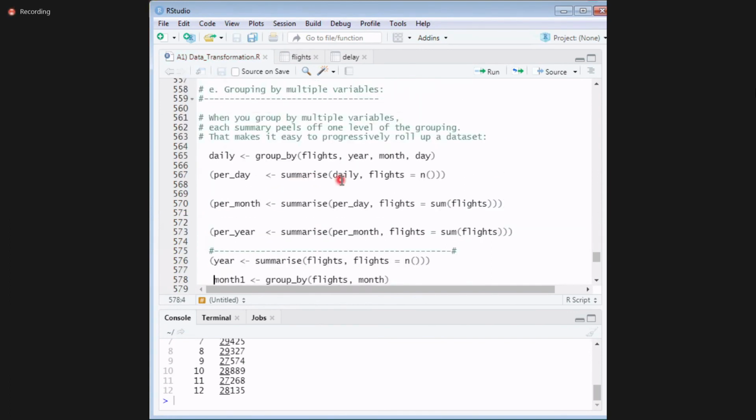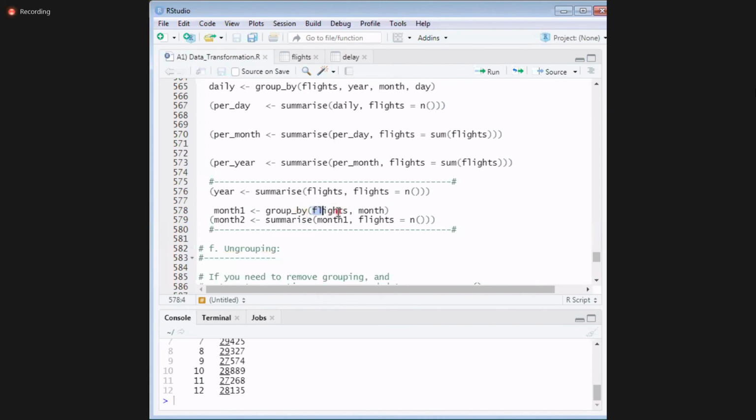But here what we are learning is grouping by multiple variables, step by step. This data I'm taking and putting here, so I'm using summarized data. Here I'm taking the main data, flights.